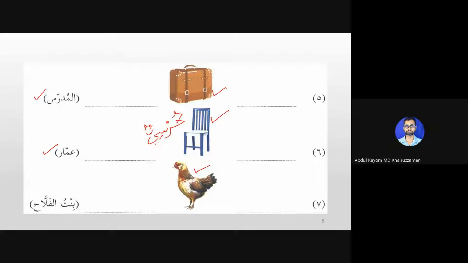So suppose we are asking whose hen is this? How to say that? لمن هذه الدجاجة؟ Liman hadhihi dajajatu. Dajaja, right? Liman hadhihi dajajatu. Then how to answer it? Suppose this hen belongs to